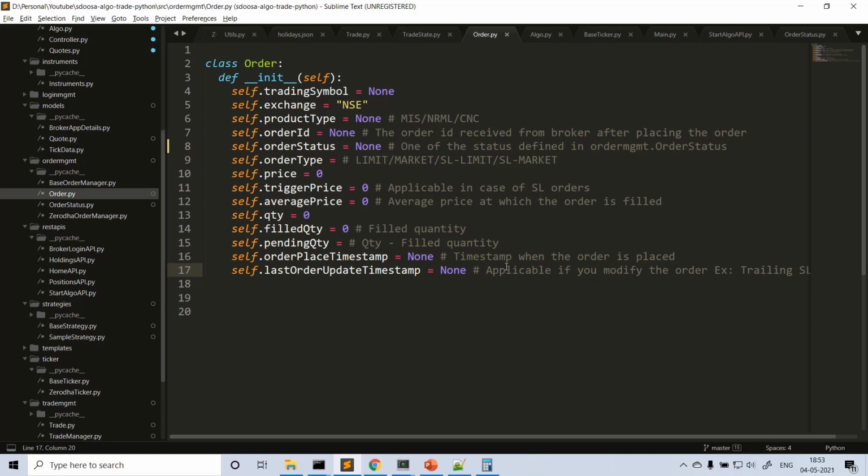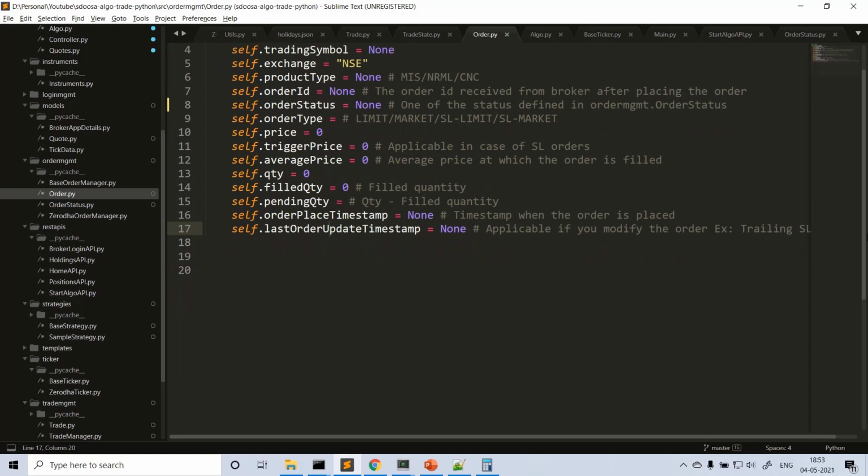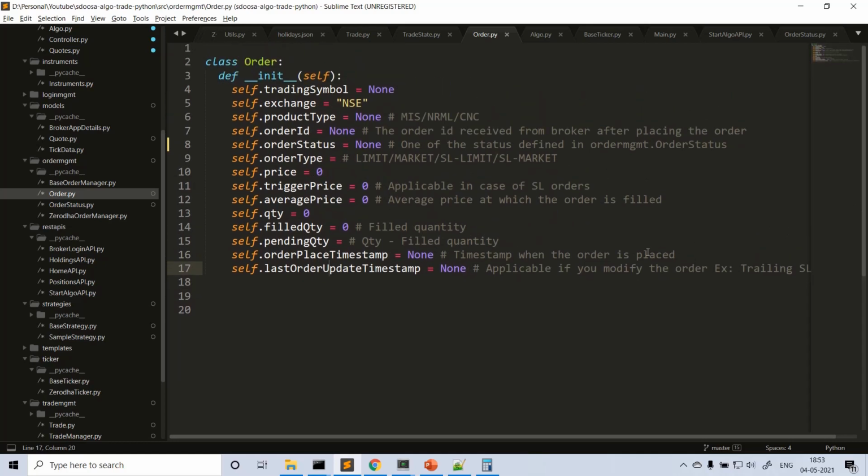Of course, you can have another logic. If you need more than 30 SL updates, then you have to cancel the current order and create a new order. So all those things you can do on your own. Those are not in this project scope. Okay, those are advanced steps.